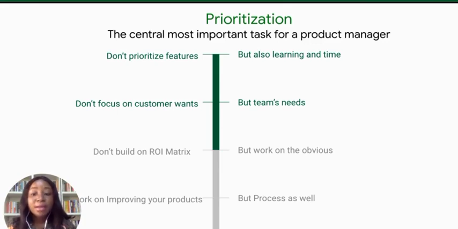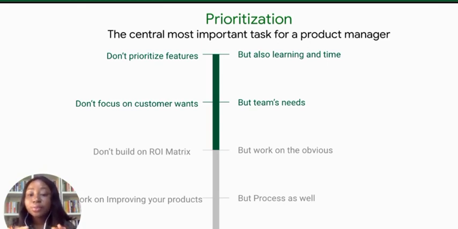So in a situation whereby what your customer wants is not feasible and your developers say that it is actually not feasible, it's very, very wise for you as a product manager at that point to sit back and really look critically into that feature. Don't try to force things down on your development team just because that is what your customer wants. Now that is what that means, and that is very, very important in prioritization.